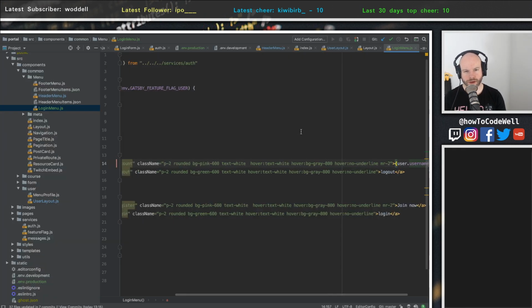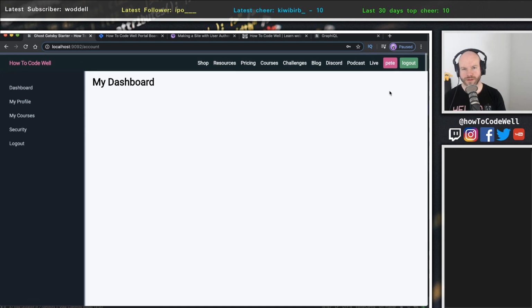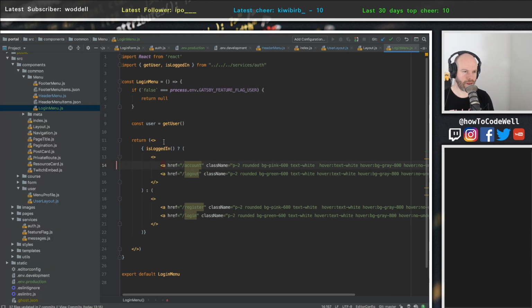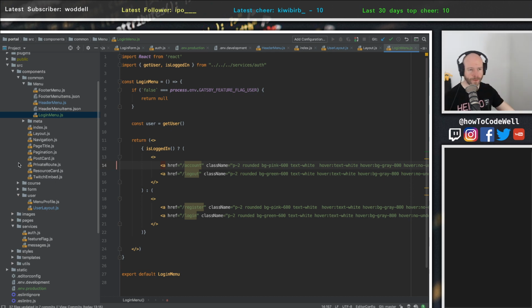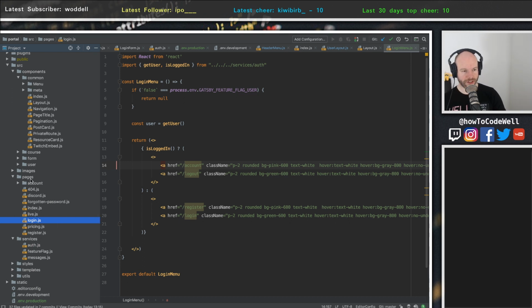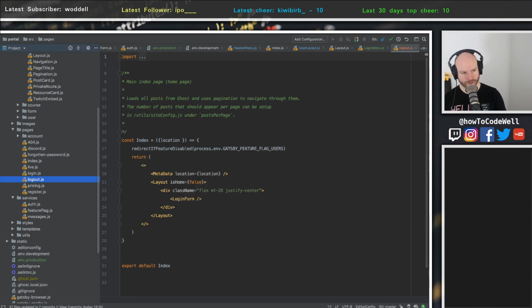Awesome. Good. I don't think I've wired up the logout. If we click logout on here, it goes to a logout page, but it doesn't log out. So we're going to create a logout page. And this logout page is going to log you out. It's going to do other things. I mean, the reason why I'm creating it as a page is it's going to do other things, not just log